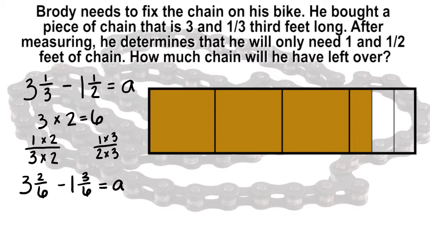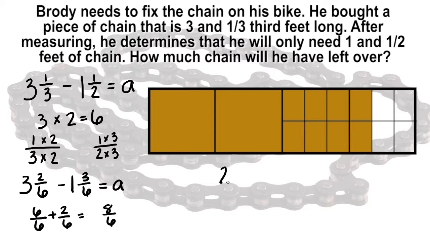On the model, this is shown by taking each piece and turning it into 2 pieces. The thirds become 6ths. 1/3 is equivalent to 2/6. Looking at just the fractional part of the equation, it states to take 3/6 away from 2/6. There are not enough 6ths. In order to take the 3/6 away, one whole section must be partitioned into 6. This whole becomes 6/6. There are now 6/6 plus 2/6 for a total of